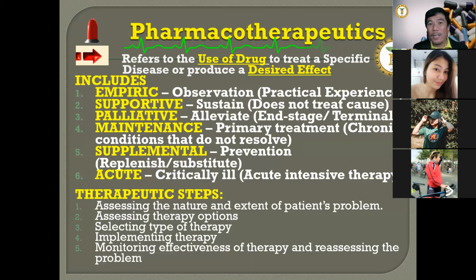Some of them may have blood transfusion. Now, since pain is most common in patients with end stage and terminal disease, we may no longer focus on the end stage of the disease or disorder, but rather we alleviate